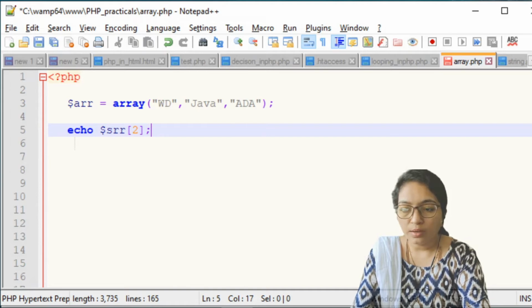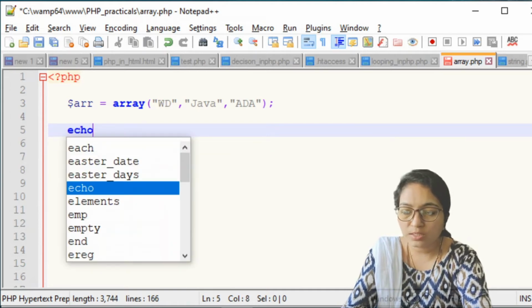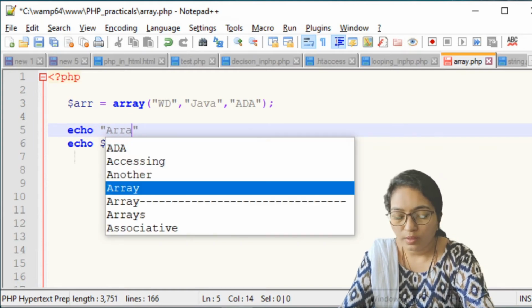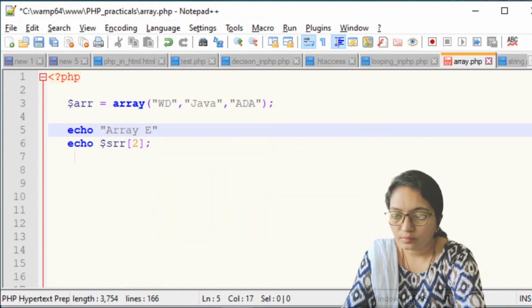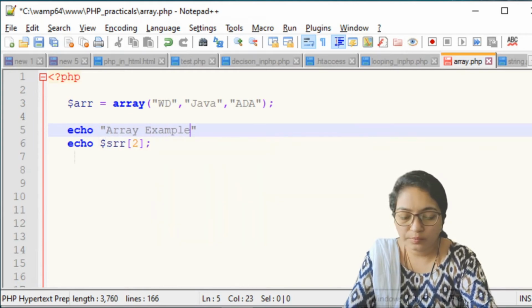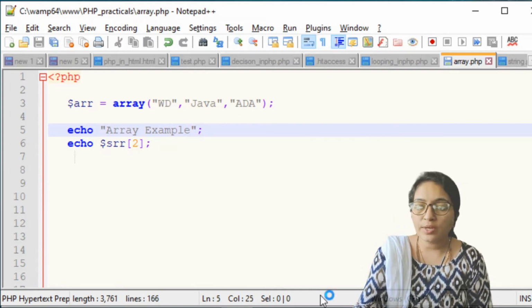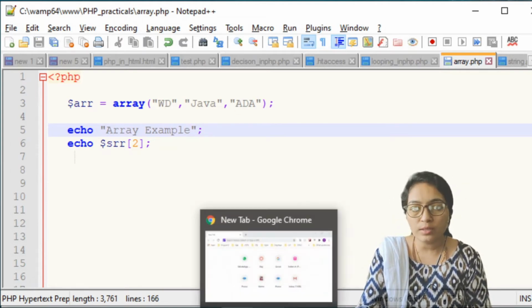Okay, now before that just write echo array example. Now just see the output for this.